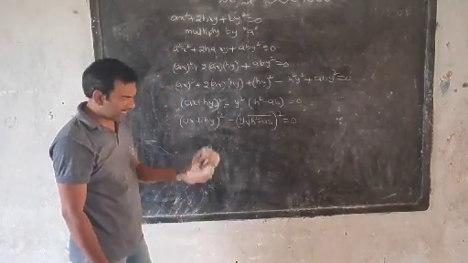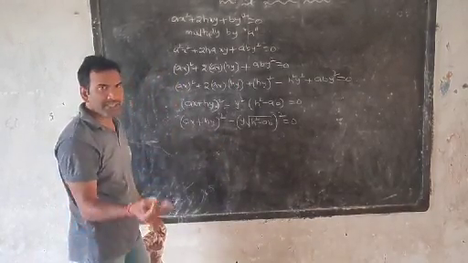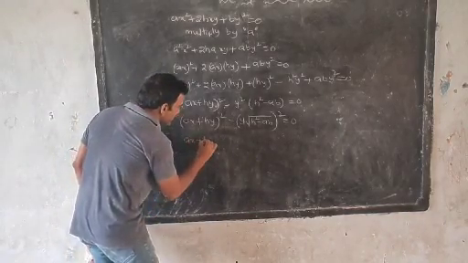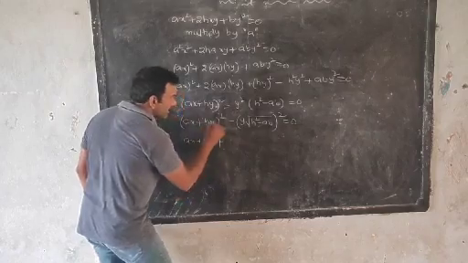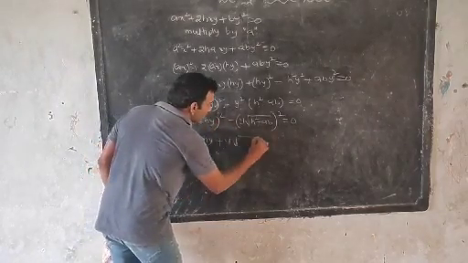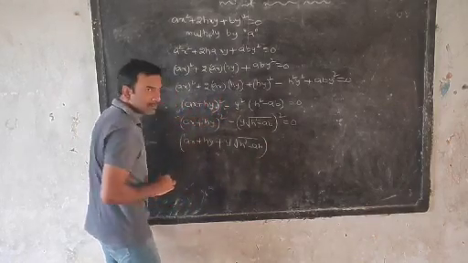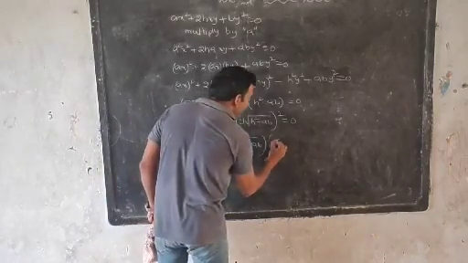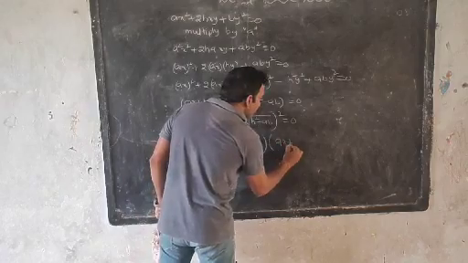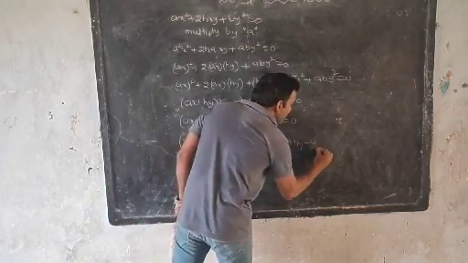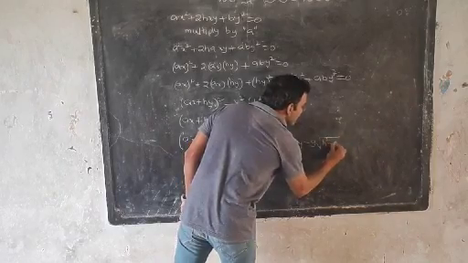What is the formula of a square minus b square? A plus b into a minus b. Ax plus hy plus y into square root of h square minus ab, into ax plus hy minus y into square root of h square minus ab